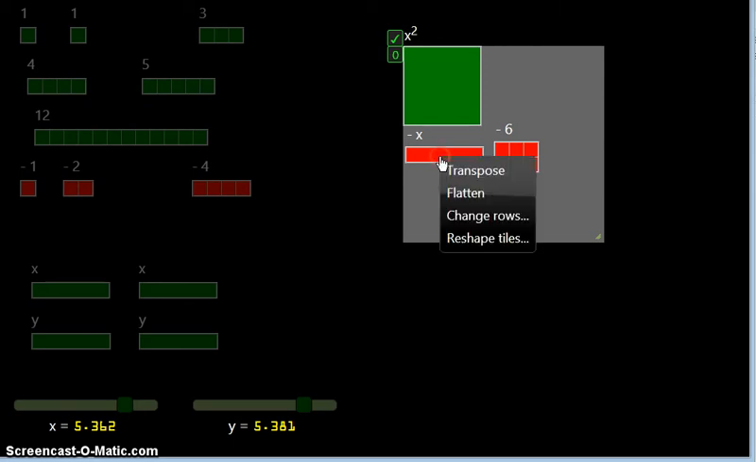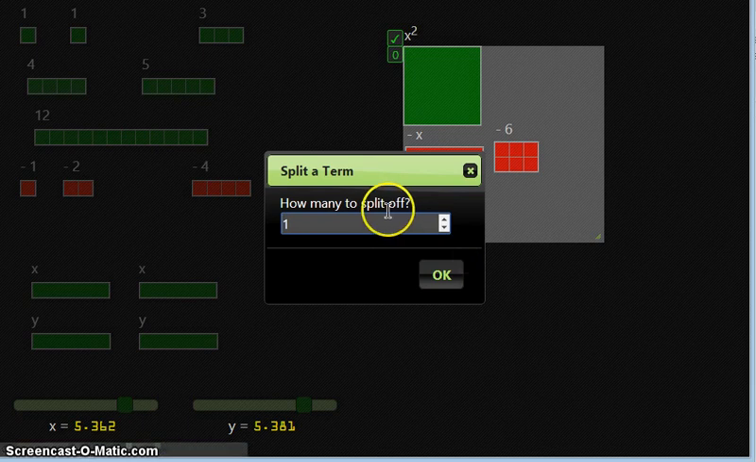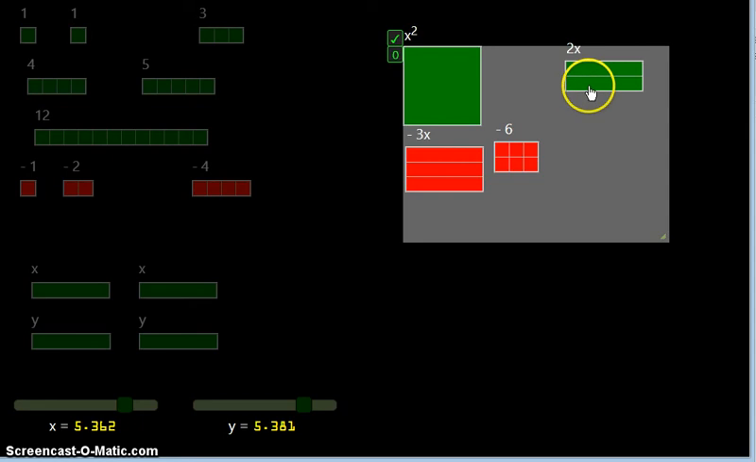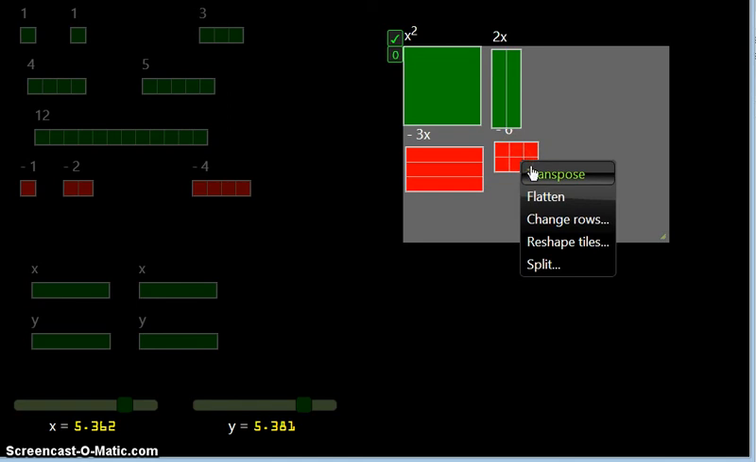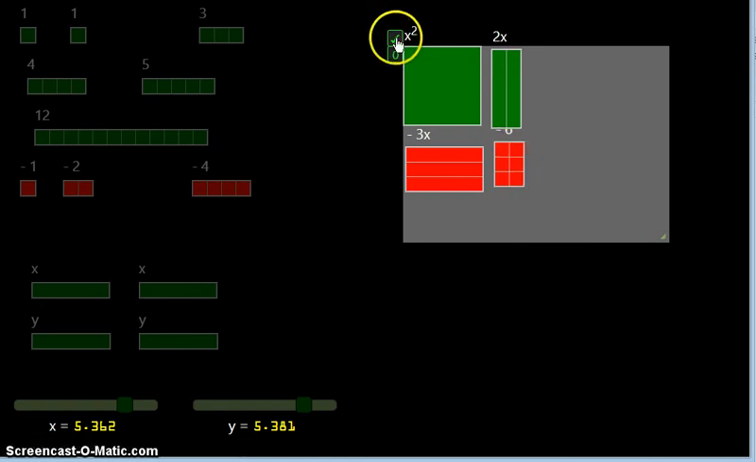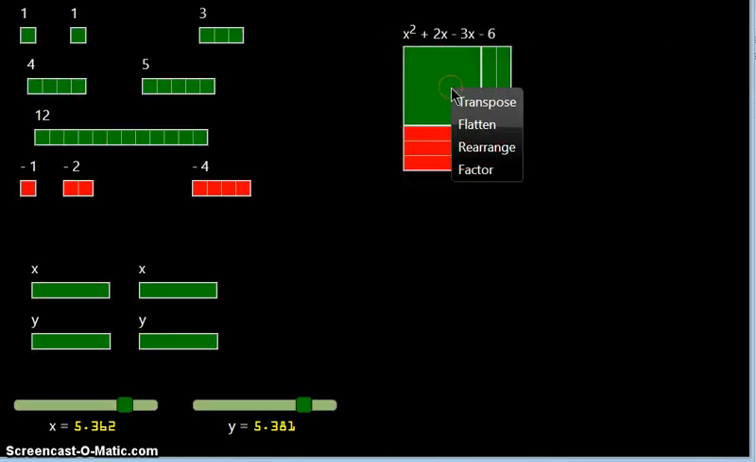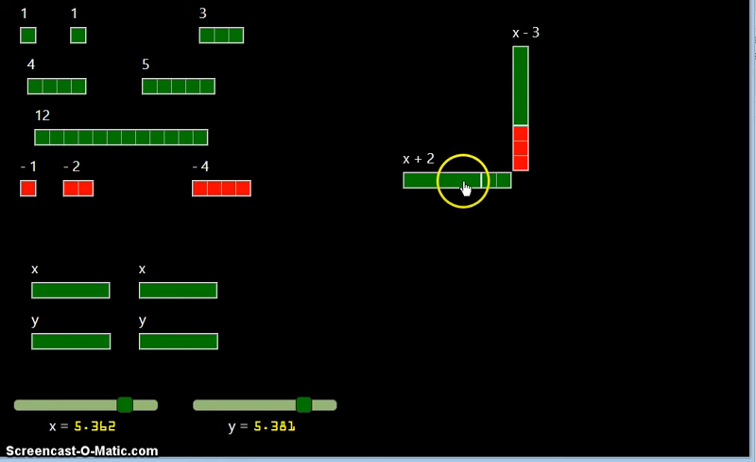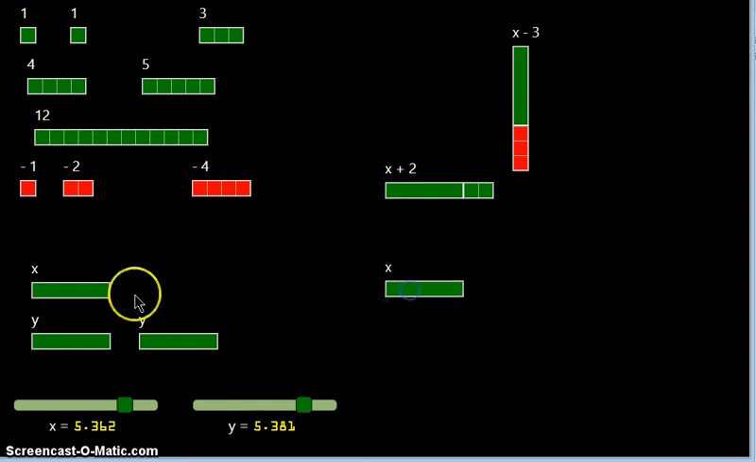And I can do that by right-clicking and selecting Split. So what did I want? I wanted positive 2 and negative 3. So I can split 2 off of it. And there we go. And if I transpose this, well, then I can transpose this. And now I've got a fairly nice rectangle, which I can then factor. There we go. Okay, so now what gets really interesting is trying to factor something like x squared minus 1,